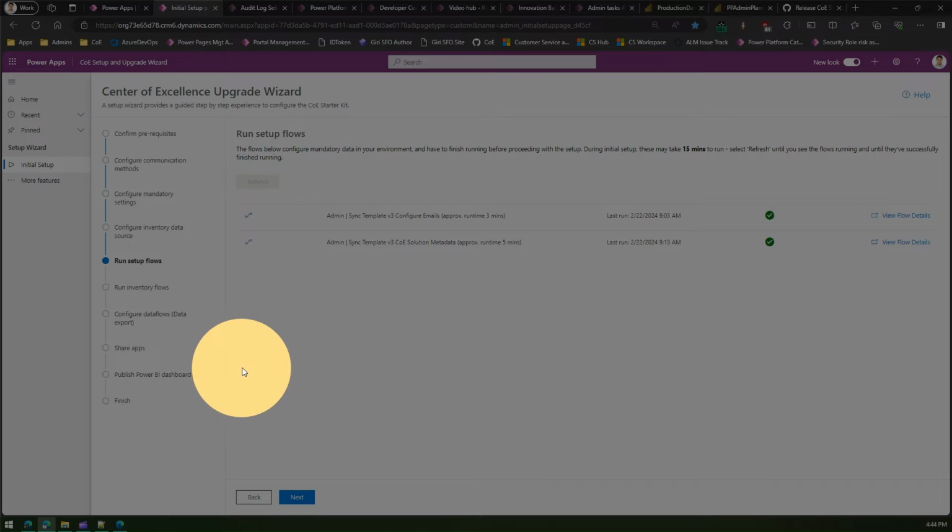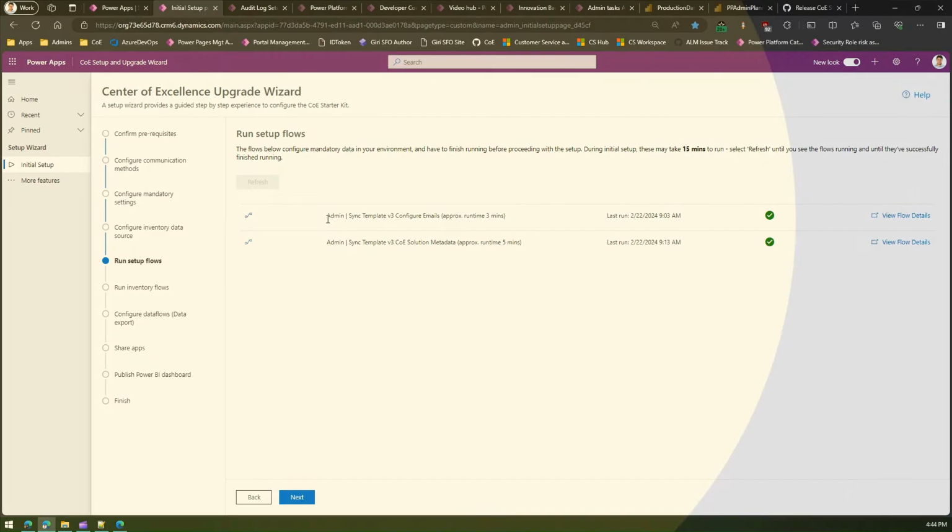Now give some time, because these flows collect inventory, and it depends on your environment. If your environment has more than say 5,000 apps or inventory, then it might take a while for the flow to run and the result to be presented to the Power BI report or the